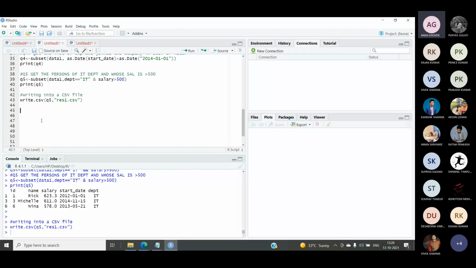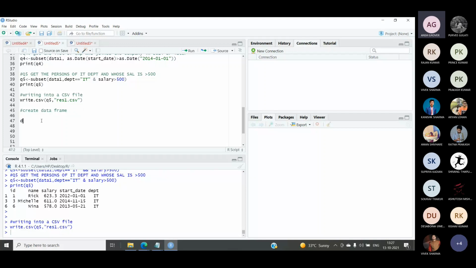Fine. Now let's do one more thing. Create a data frame from a CSV file. Sorry, from the current vector. You can say simply creating a data frame. Now here we can create a data frame.